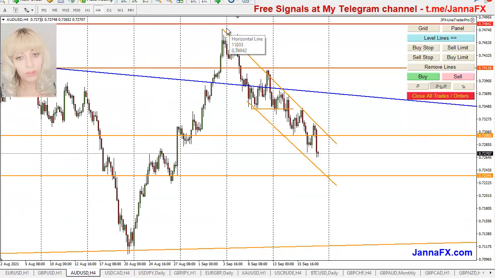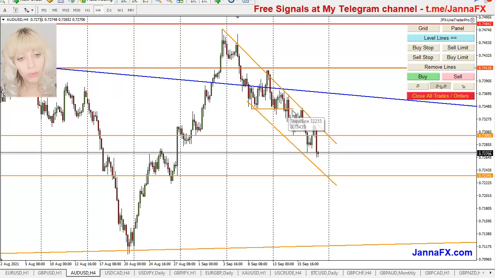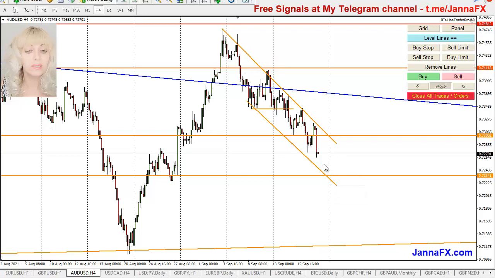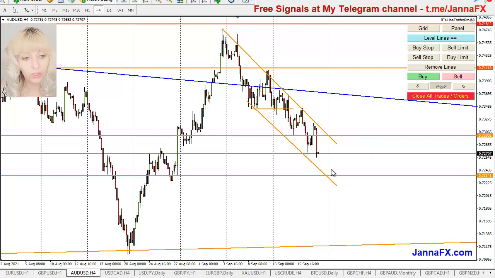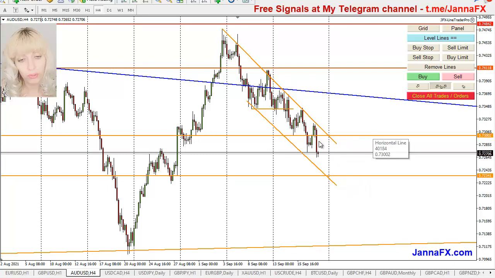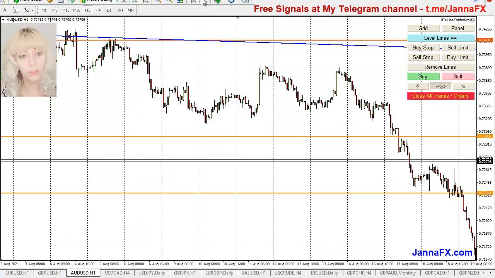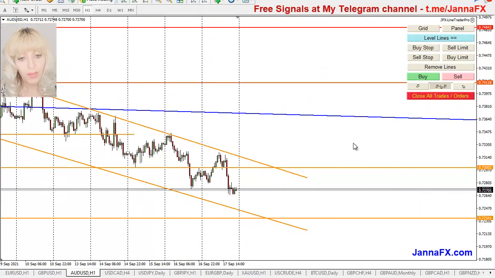Australian dollar is the same as euro dollar, created this channel, you see, broke through here, started to sit in here a bit and broke through, perfect, just as expected, and continued inside this channel. Once again, the same situation, because it's been going down for like 2 weeks. This week it could possibly go for correction, or maybe finish the downtrend movement. Like I'm saying again, before the news it might go for correction, and then with the news it might continue the way down, or instead it might continue the way down, and then with the news it might reverse, okay, or create a pattern. So that's what's happening at this moment, okay?